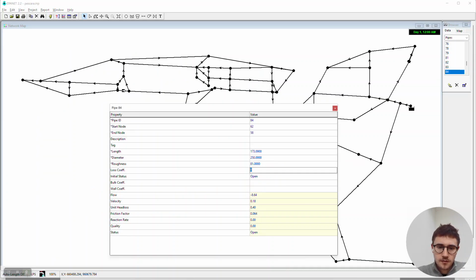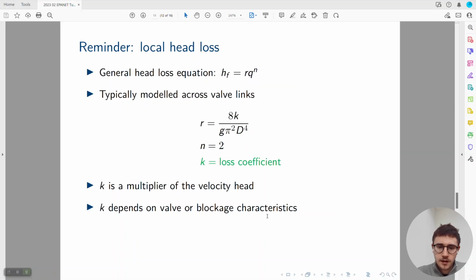So we can come here and add, we'll add 100 and see what happens. Again, the specifics are important when you're modeling a specific condition, but for us, we're just looking at the sensitivity, or what the changes are in flow across this link. Equally, if we wanted to look at a valve link, if we come back,